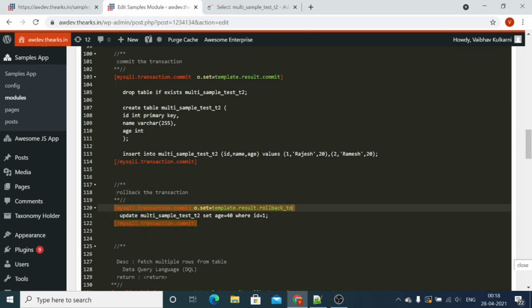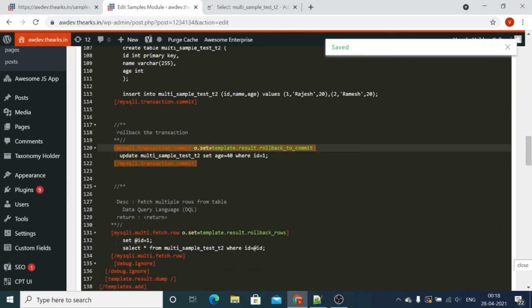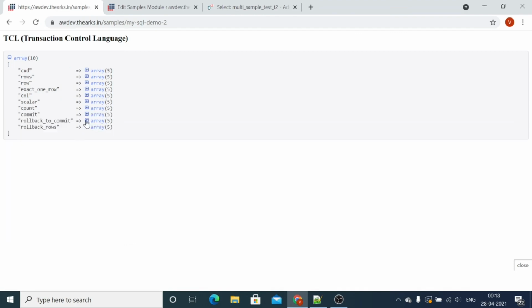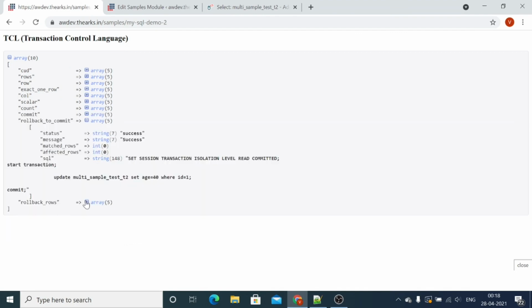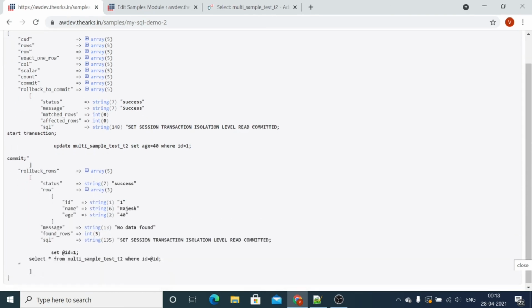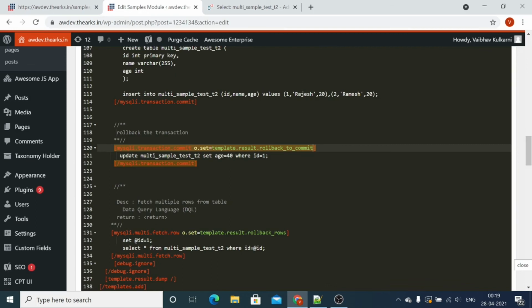Roll back to commit. Now you can see the query is executed, and now the age is 40 because this transaction is committed.